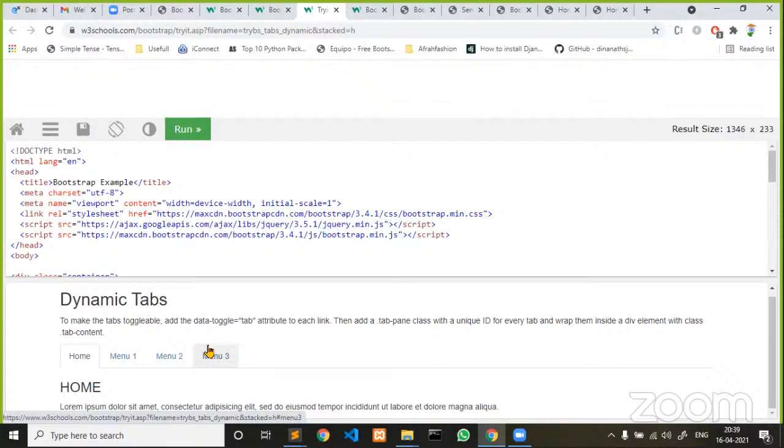Guys, Bootstrap 4 was released into the market, I think, two or three years ago. Initially when I started learning, I spent almost a day or two to learn the latest version. Till today, I can remember many of the concepts, but the syntaxes I won't even remember. I won't memorize them. But the syntaxes and all, we can even copy paste from an official site or any other site.